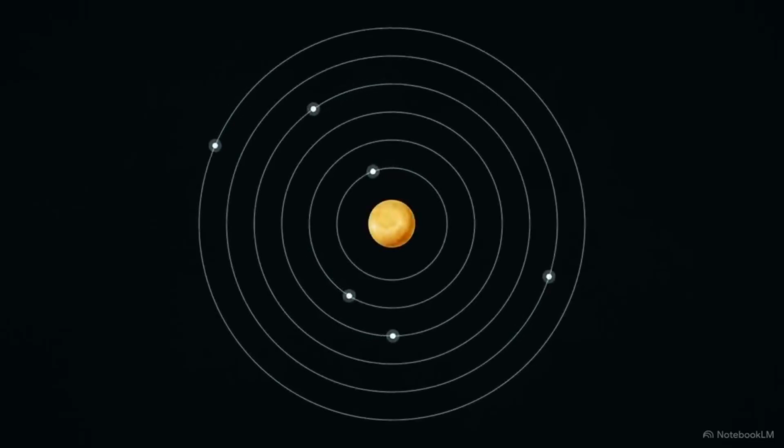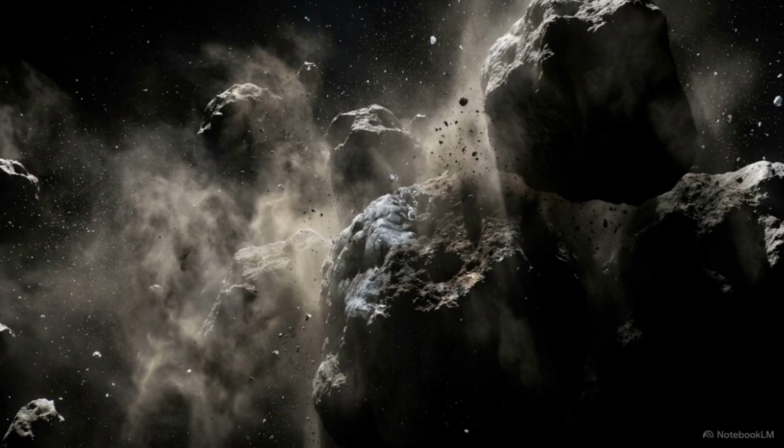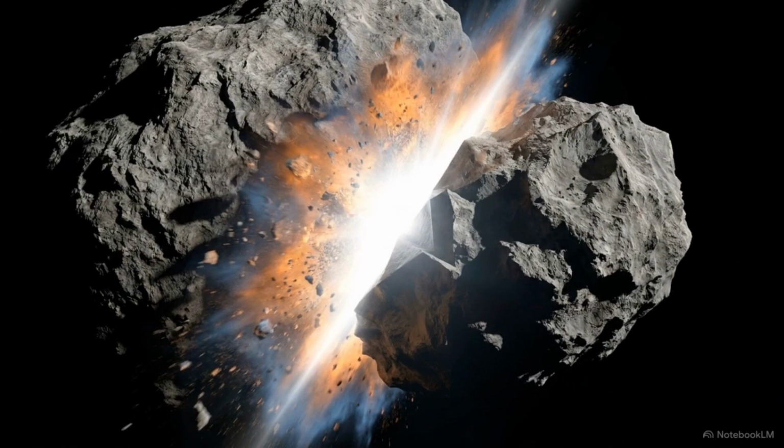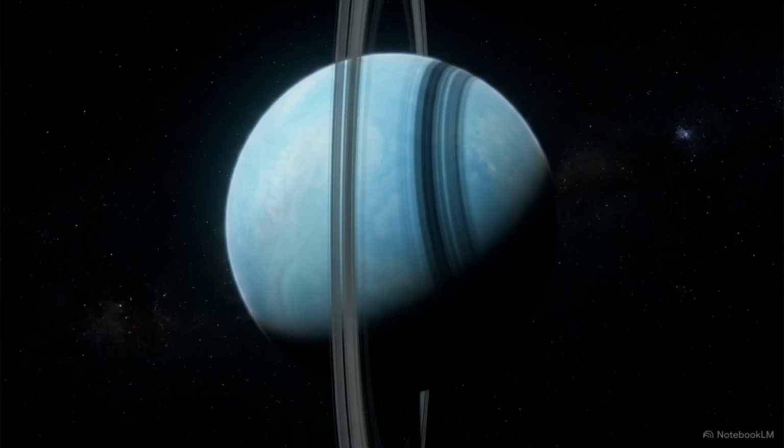Looking at the solar system from a distance, the orbital paths appear incredibly orderly and neat. But Uranus proves that planetary formation was rarely a gentle, uniform process. The mechanics we observe today are the direct result of massive kinetic forces, violent collisions, and random chance. Uranus remains a physical record of the chaos that shaped our neighborhood, a reminder that a single event can permanently rewrite the rules of a world.